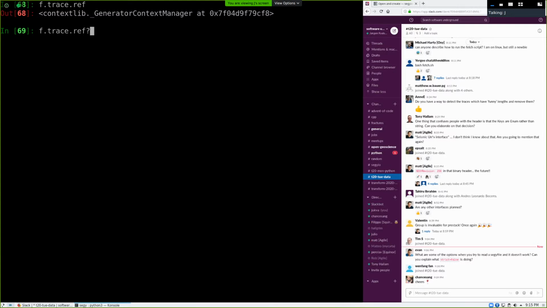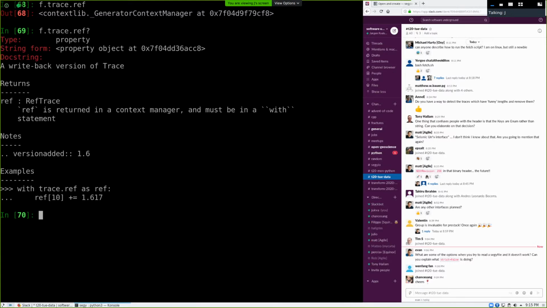It's a write-back version of trace, as it says in the documentation. So f is still the modified Penobscot, and you see it's opened in read-write mode. So one thing we can do now is for i, trace in